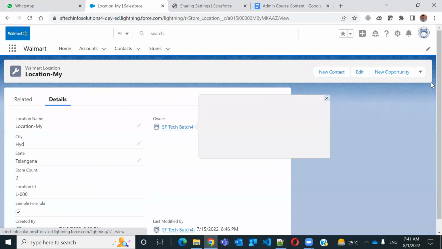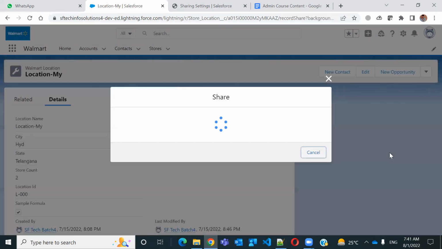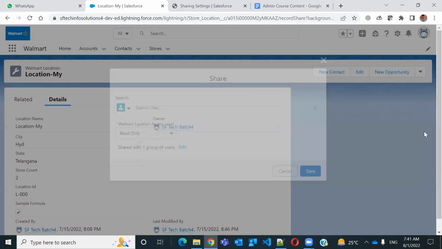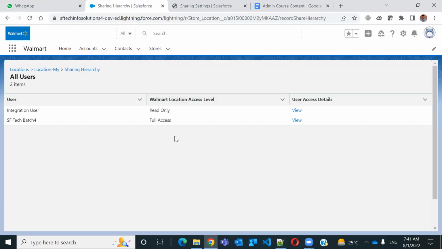So I'm the owner, and I want to see to whom this record is being shared. Sharing, not this one. I'd like to see the sharing hierarchy, to whom this record is being shared. Okay, it's saying hashtag batch 4 is the user having full access with the